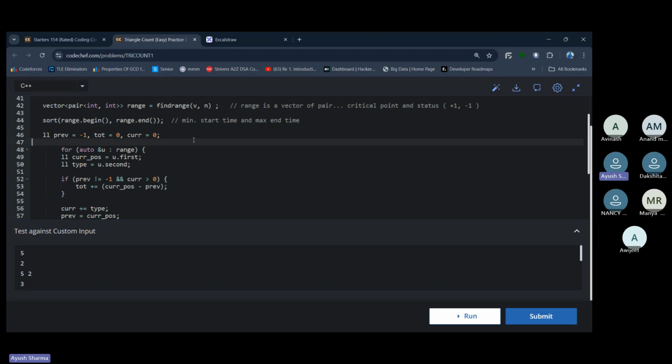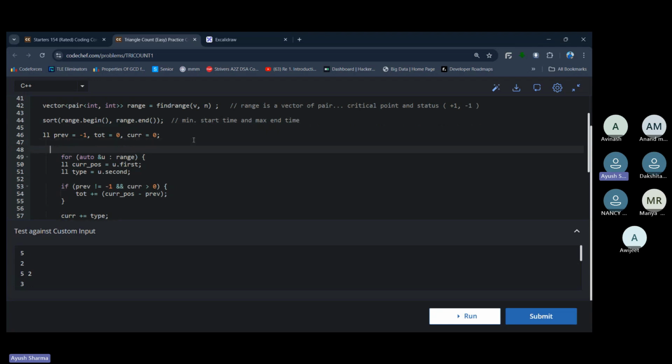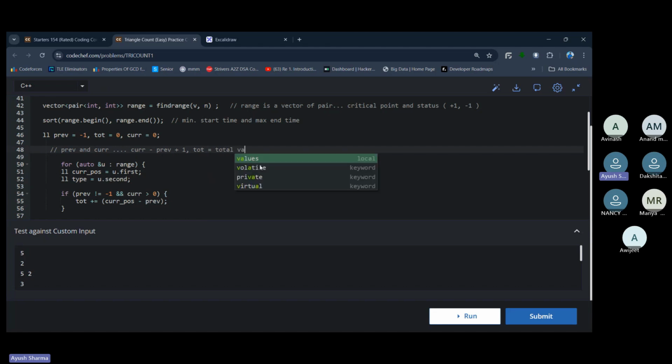तो अब मैंने यहाँ पे 2 पॉइंटर्स ले लिए हैं, prev और cur, ठीक है। These are pointers. तो these are pointers मतलब क्रिटिकल पॉइंट्स को ये ट्रैक करेंगे, और क्रिटिकल पॉइंट्स के लिए आंसर क्या होगा, cur minus prev +1, ठीक है। और total is going to count my total valid x values, ठीक है।